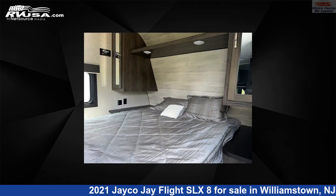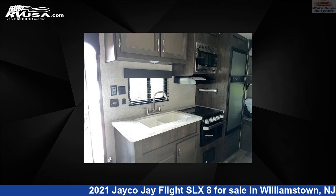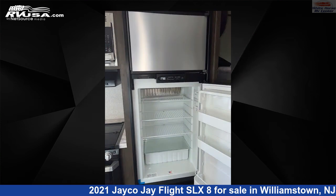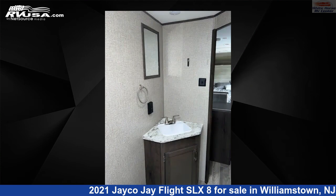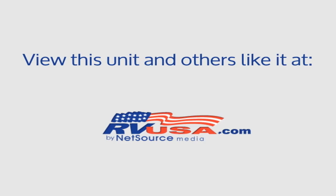skylight, air conditioning, TV, auxiliary battery, external shower, and 42 gal fresh water capacity. The floor plan layout of this travel trailer features bunk beds, front bedroom, mid-kitchen, outdoor kitchen. The unloaded weight of this 2021 Jayco Jay Flight SLX 8224 BH2 BDRM Queen Bed and DBL Bed Bunks is